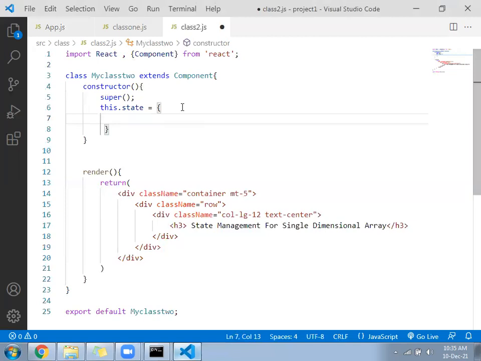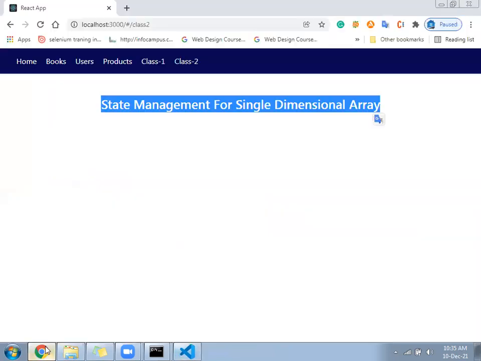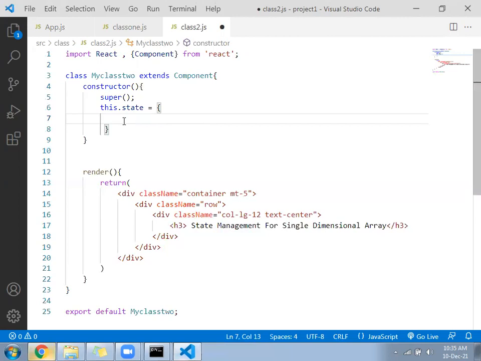Already we have book list. Now we have created it already. You can write here call item list, one array.